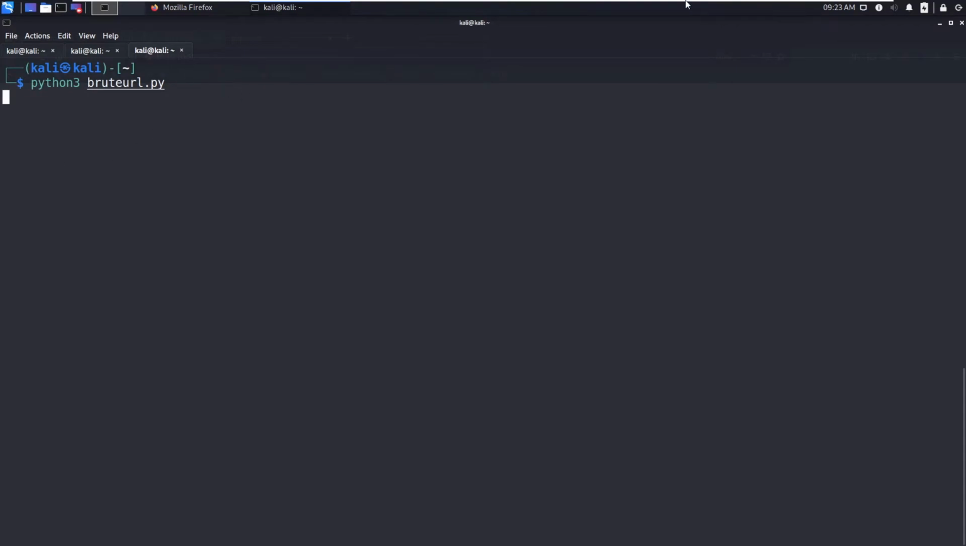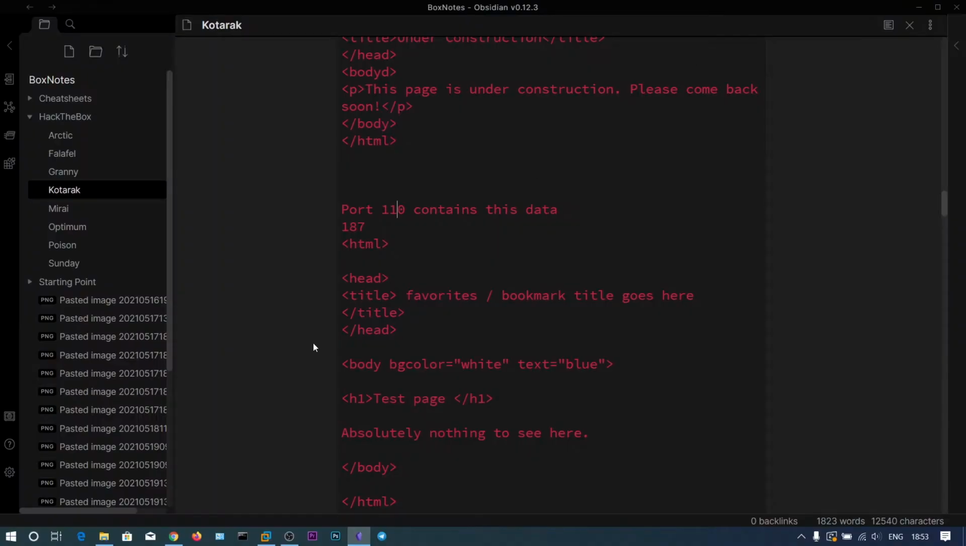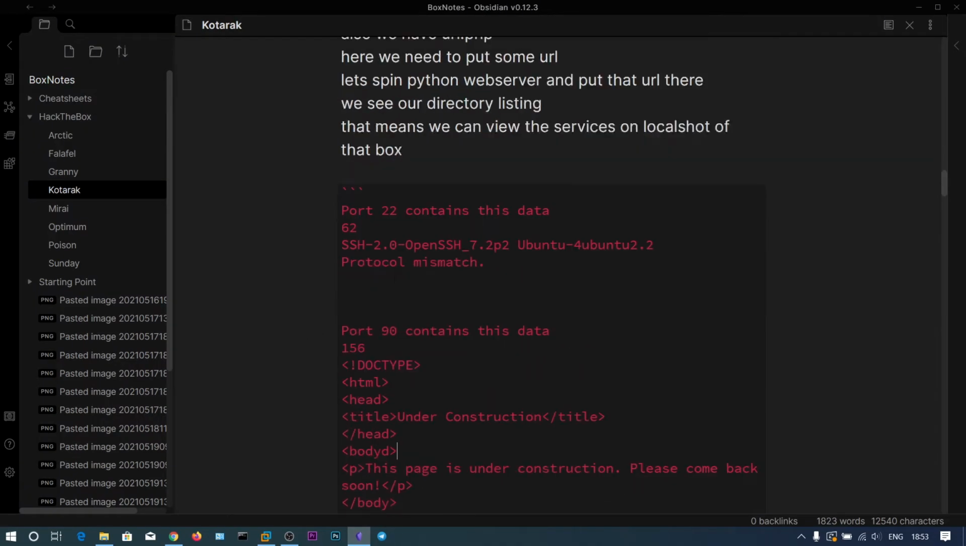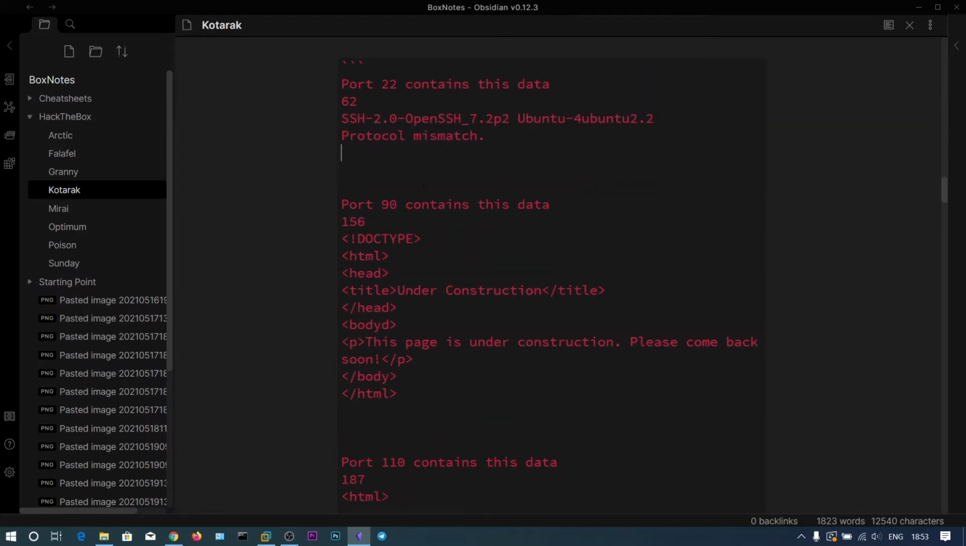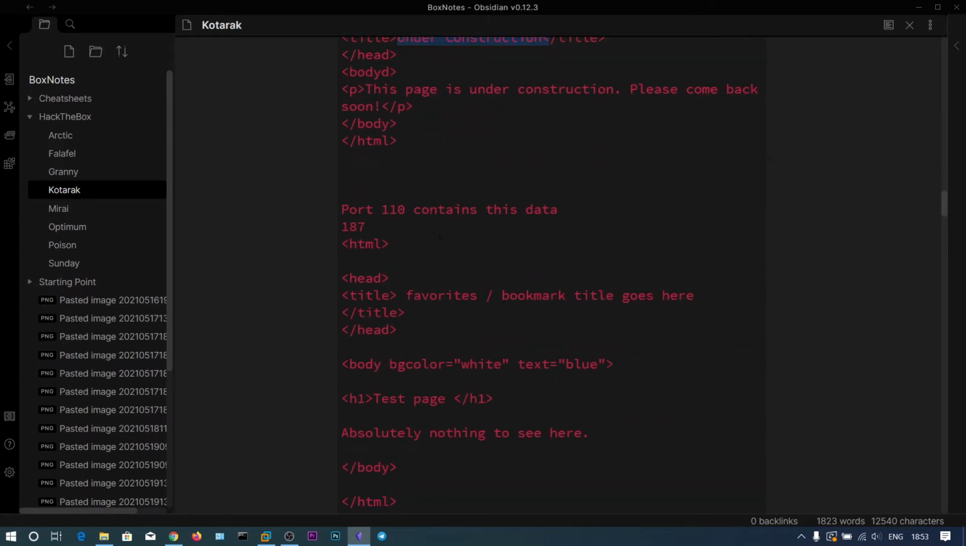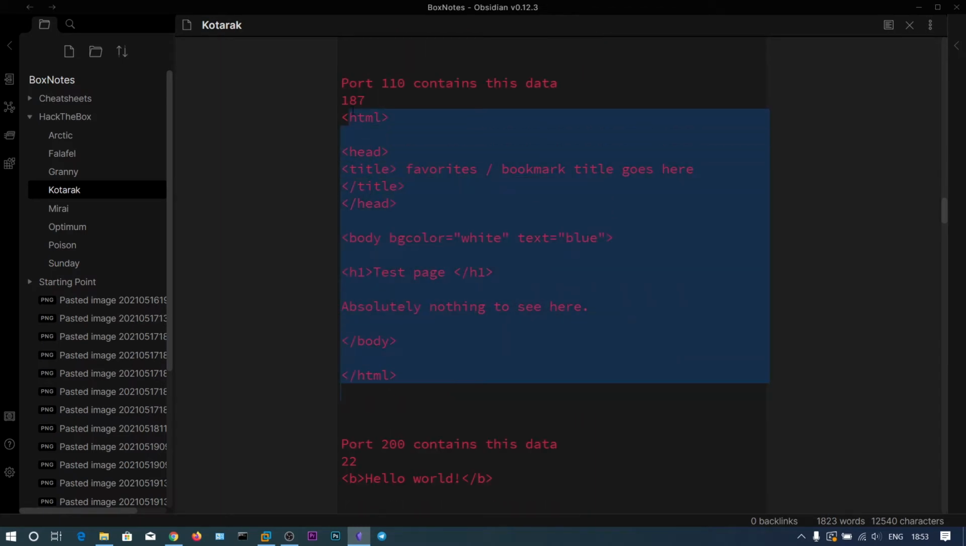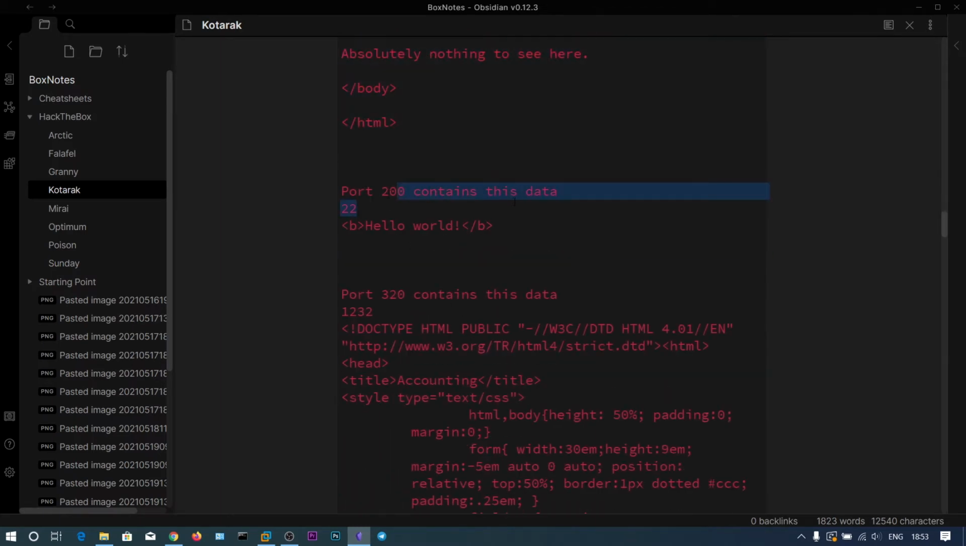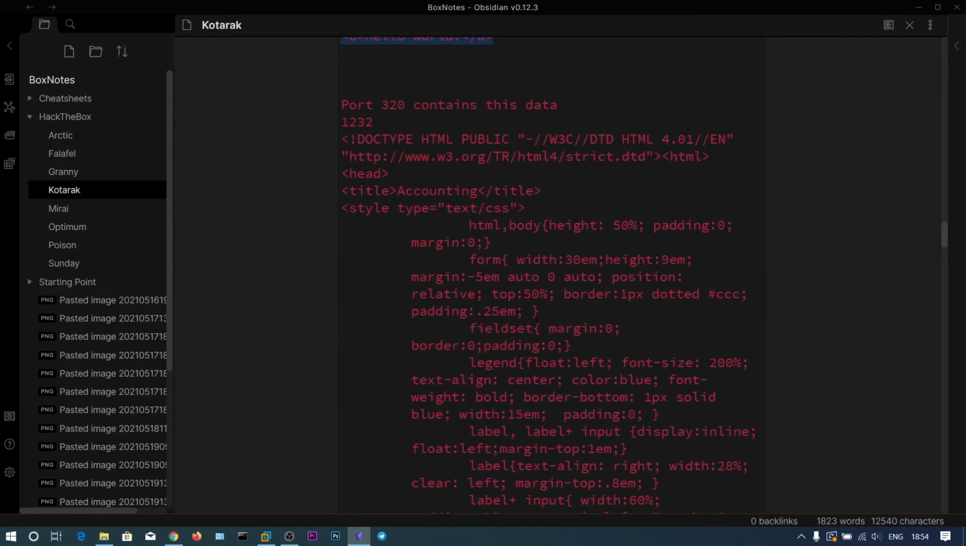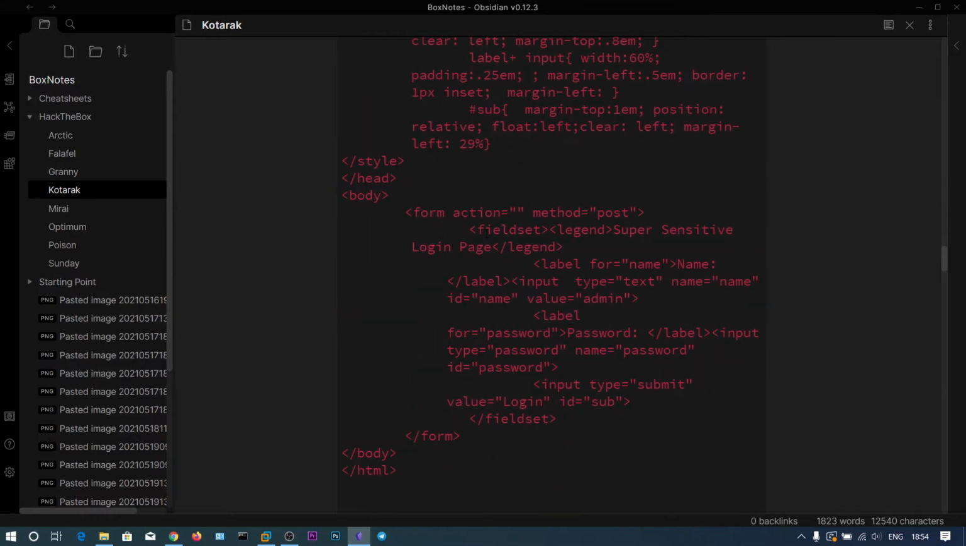Okay, you need to wait for so much time, so the output will be like this. So port 22, we already know, contains SSH, and port 90 contains some under construction page, and port 110 says bookmark title goes here, and there is nothing here, and 200 contains this data, hello world. So when you come to port 320, you will get this